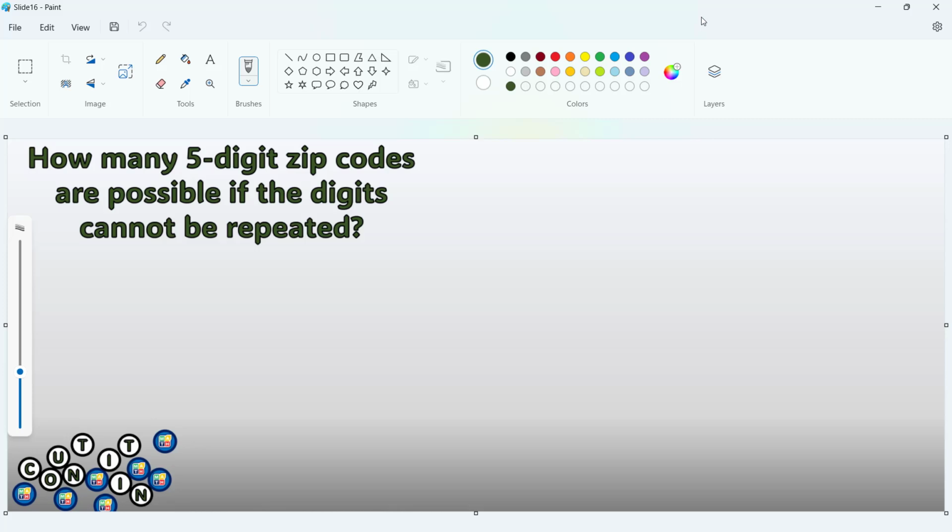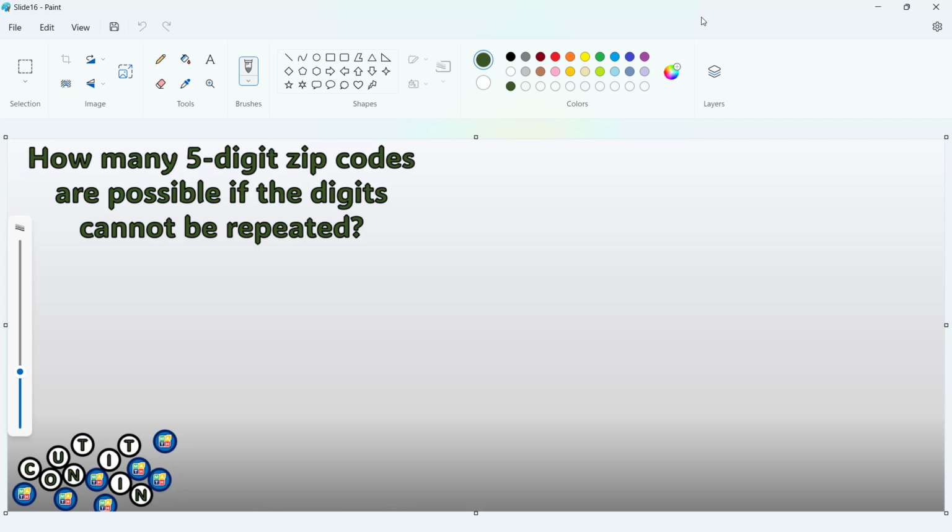But before we could use permutation, we need to understand these two different concepts. Number one, there should be no repetition of objects in the category. In our 5-digit zip codes, where each digit is from 0 to 9, there should be no repetition as given. And the second idea for permutation is that if we have an arrangement of 0, 1, 2, 3, 4,